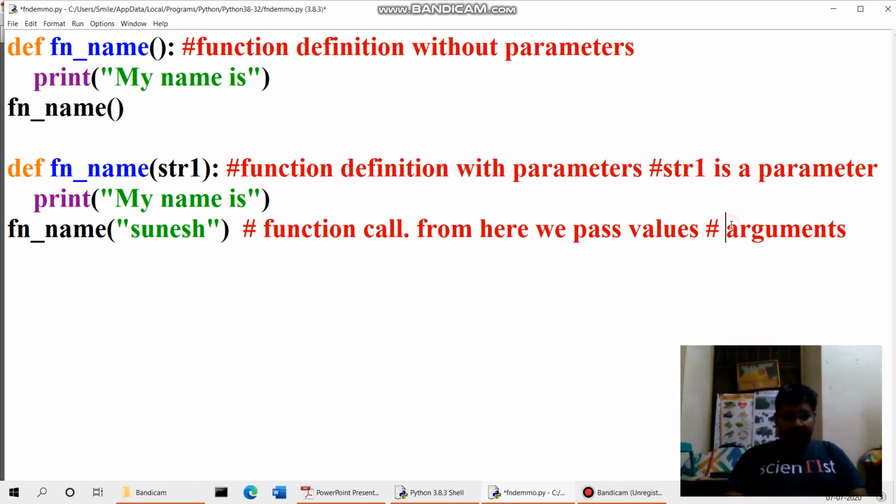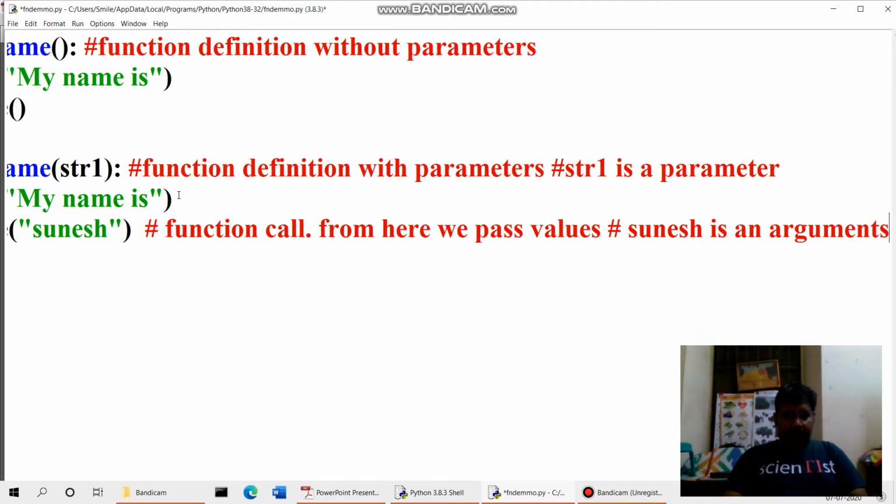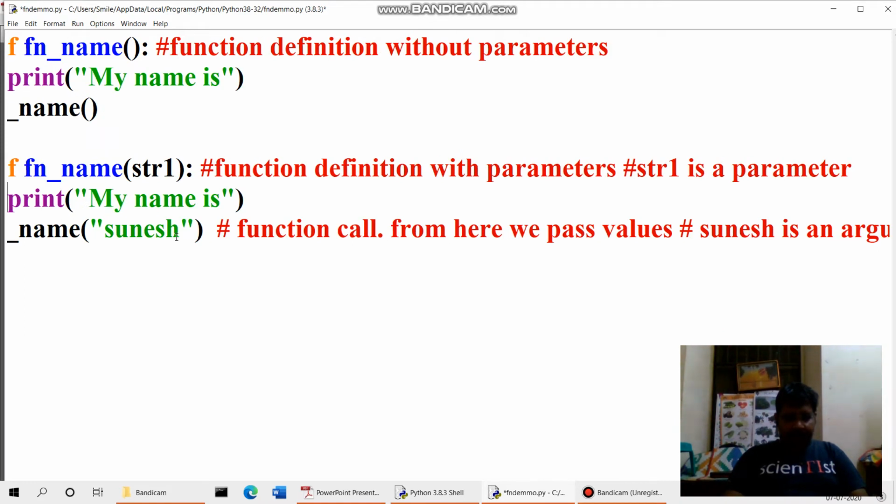And here we say this Sunish is an argument. Hope you got it. So நம்ம என்ன பண்ண போறோம்னு சொன்னா, I am passing this Sunish to this variable str1. Now if I print this str1.